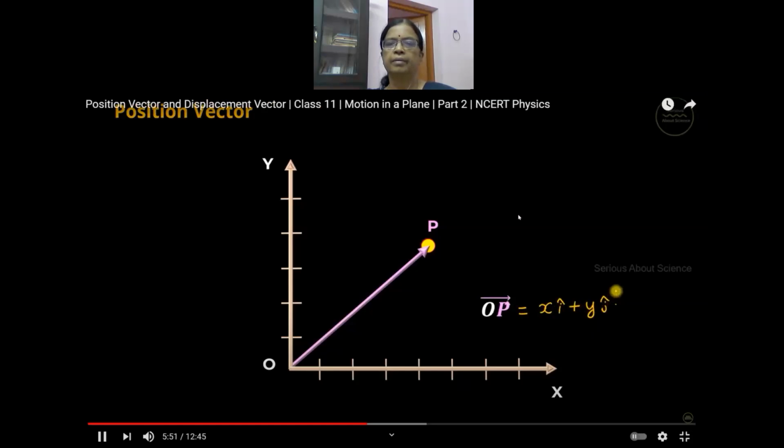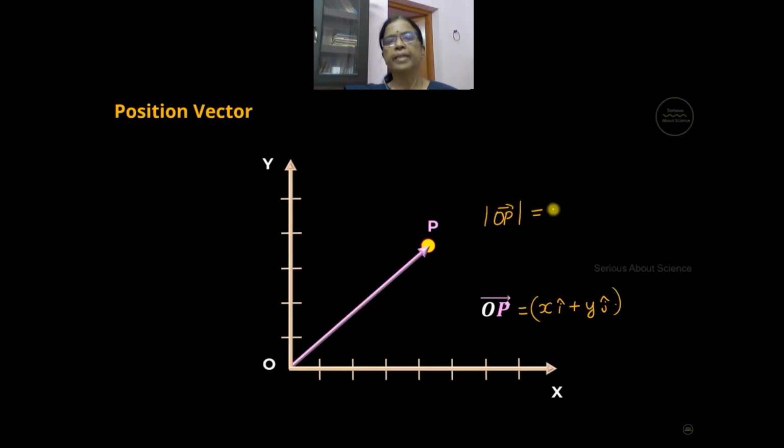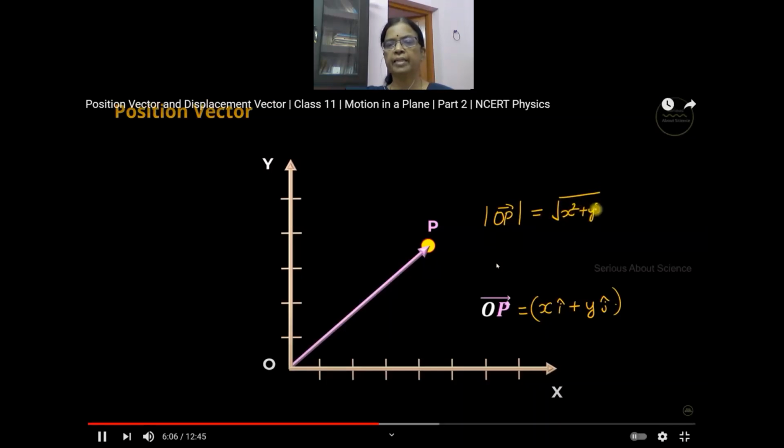And here, if we need to find the magnitude of the position vector, we can represent it by the modulus of vector OP. And this magnitude is given by root of h square plus y square. Generally we write like this, for I cap, for j cap. Instead, the general equation for position vector is this. Position vector OP is written as vector R, small letter r. It is equal to x I cap plus y j cap.